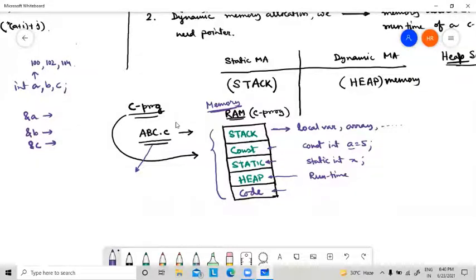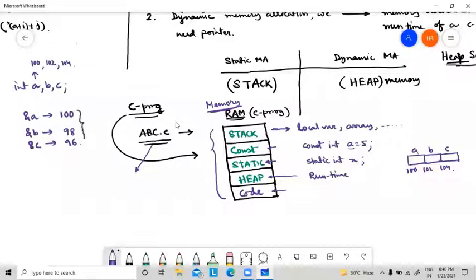This is our normal assumption, that if A is stored in location 100, then B will be at 102. It means our locations must be like this. This is for A, 100. After the end of A, there is B, which will start from 102. After B, the start of C, which will be 104. So if we print the addresses, we will be surprised by seeing the values. The values will be like this.